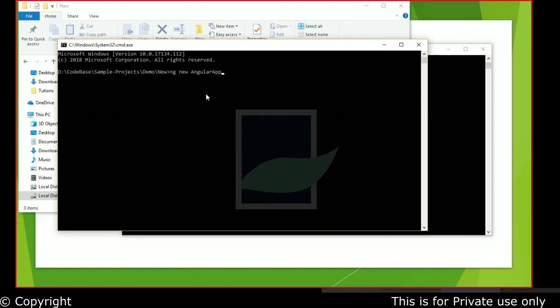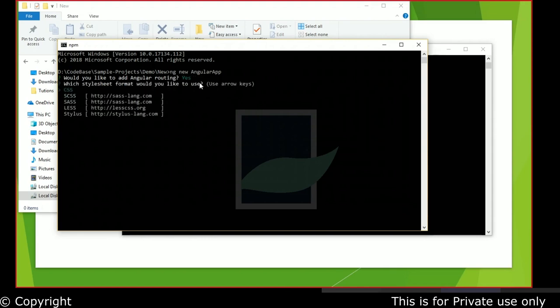That's about it. It will ask me a couple of questions. It will ask me, do you want the routing module to be enabled within it? We'll speak about modules, components, and stuff. It is asking me, would you like to add Angular routing within it? I'll say yeah, I need to add it. What is the kind of style sheet that you want to use? It's not just CSS now.